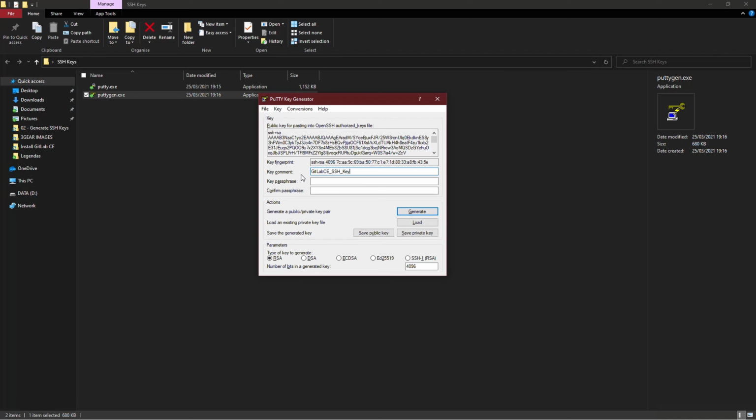You can type a passphrase in the key passphrase field and retype the same passphrase in the confirm passphrase field. If you would like to use your keys for an automated process, you should not create a passphrase, okay? It's better not to create.